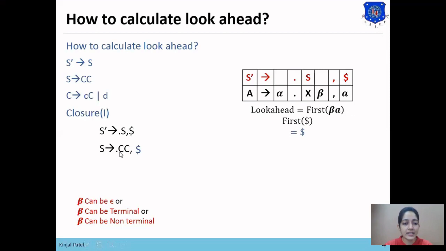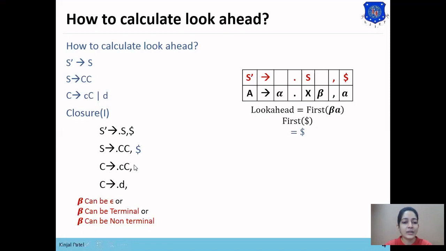Now in the second statement, dot is present at the beginning of a non-terminal symbol, so the productions of that non-terminal symbol will be added: C derives dot cC and C derives dot d.